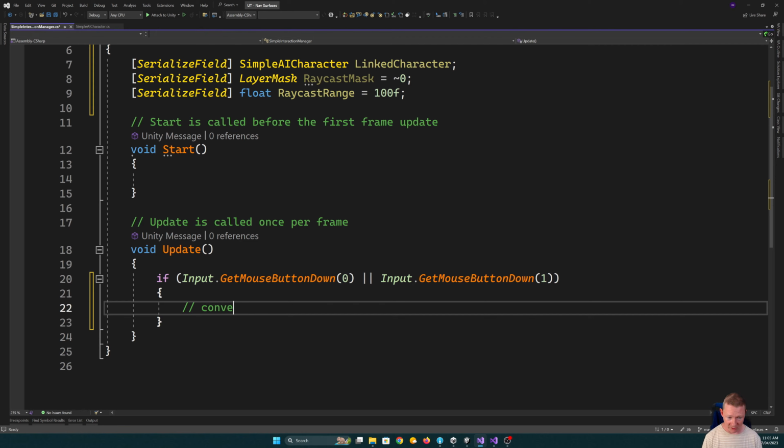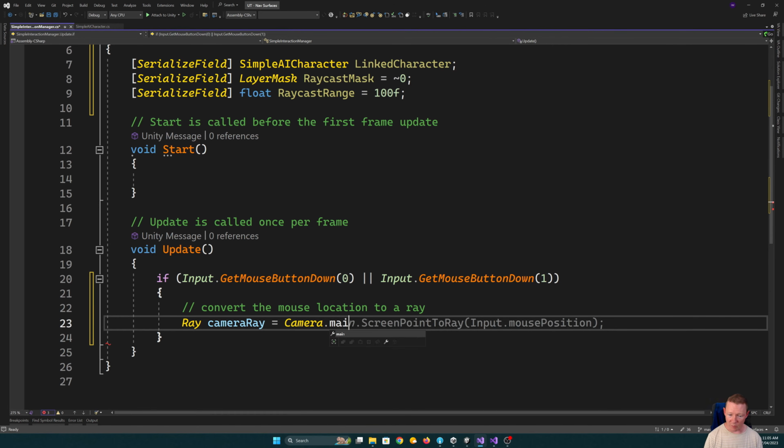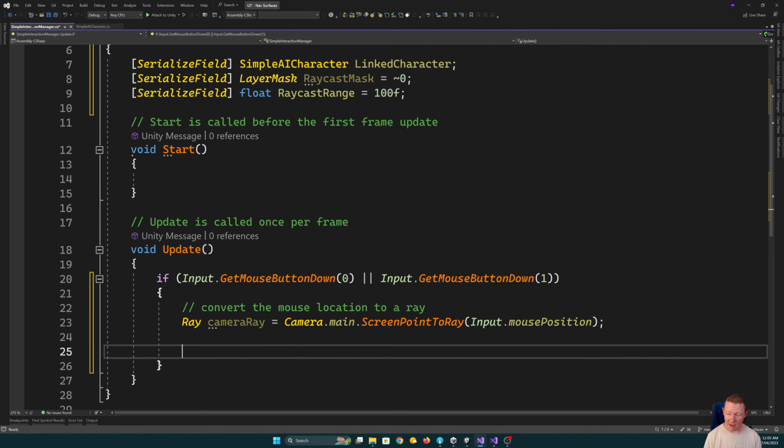So I want to convert the mouse location to a ray. So what we do is we have our camera ray, and we can go camera.main, screen point to ray like that. That gives us a ray now that what we can do is we perform the raycast,